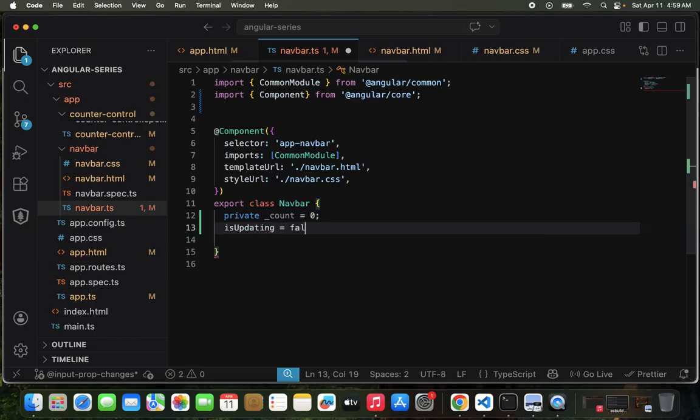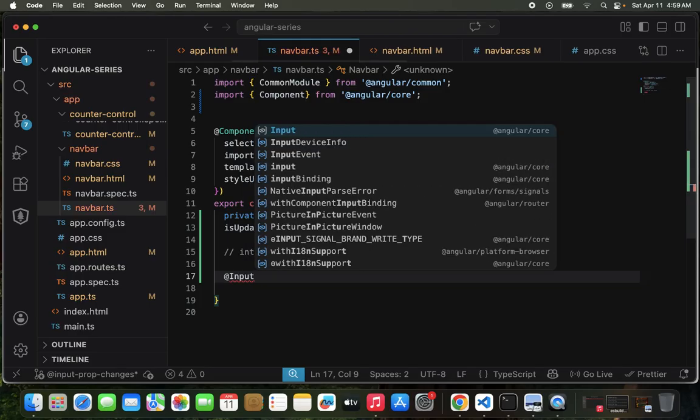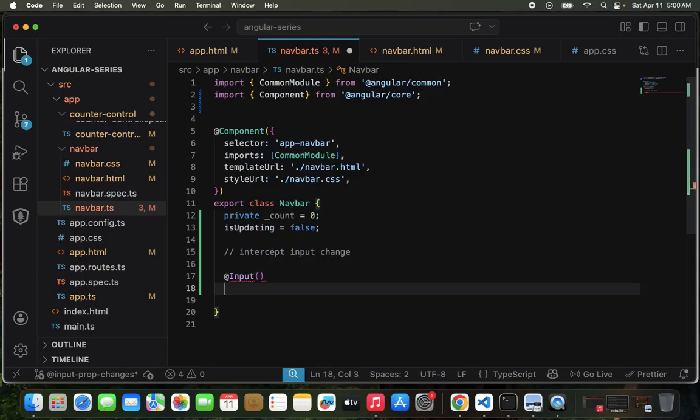Let's set that to false to begin with, and then let's intercept our input change. So here we can use our input decorator and then our set